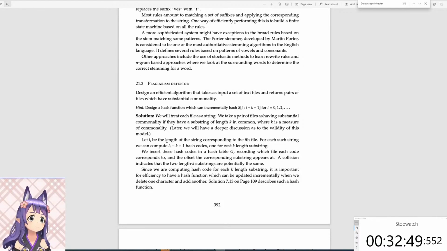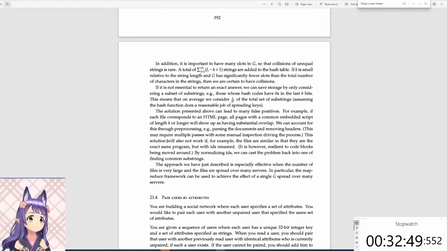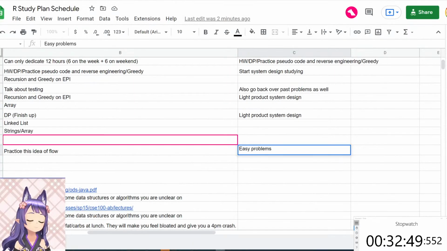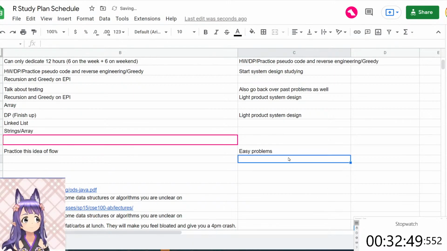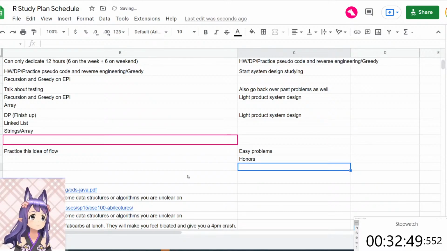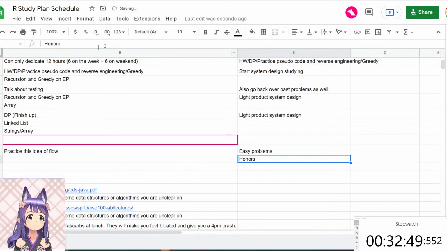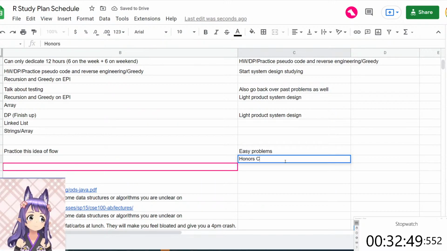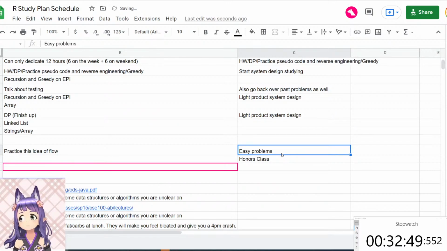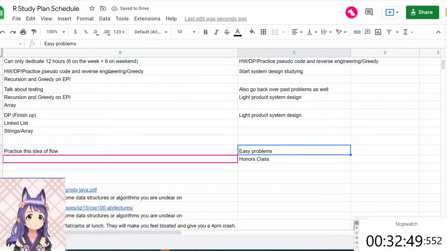Okay. I mean, if anything, I could also do LeetCode and some problems from the honors class from EPI. Good idea. Yeah, let's do that. Let's do the honors class as well. Easy problems and then EPI. So let's say honors class, and I want you to try using the idea of flow on that. So start with some easy problems, then go straight to the honors class, and then for system design,